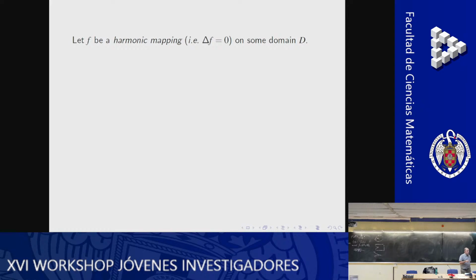A mapping is harmonic if it simply satisfies the Laplace equation, meaning that real and imaginary parts are harmonic functions, and they do not necessarily satisfy the Cauchy-Riemann equations. Therefore, these are more general than analytic functions. A simple theorem of Lewy's says that if it's locally univalent, then the Jacobian does not vanish. The converse is simply the inverse mapping theorem.